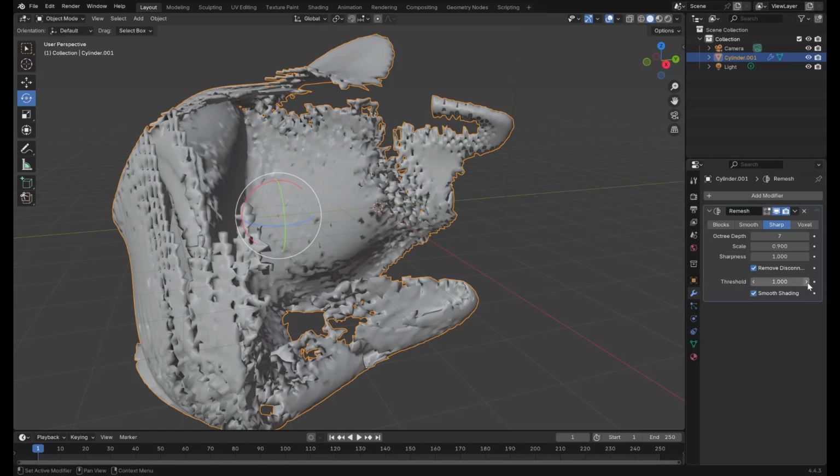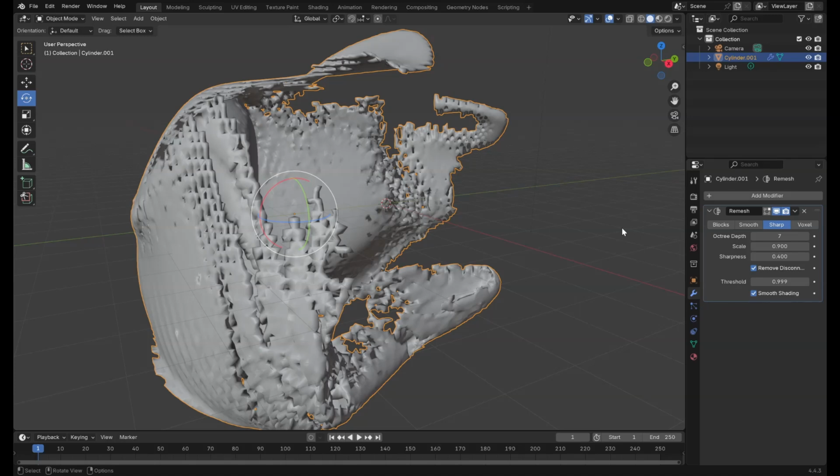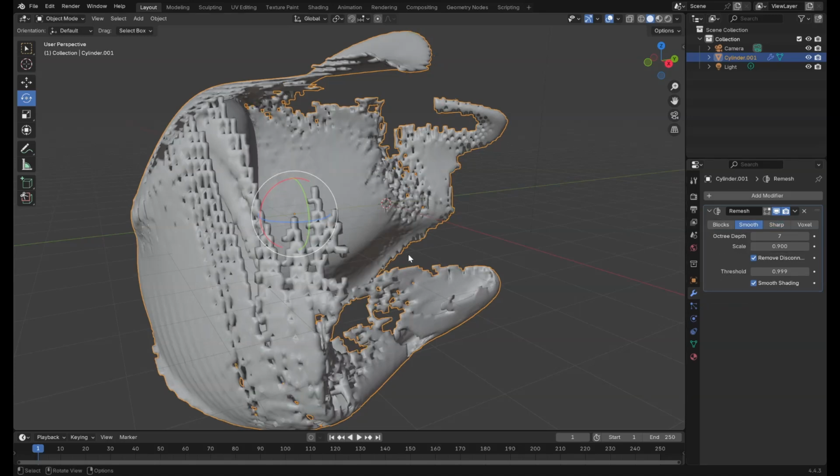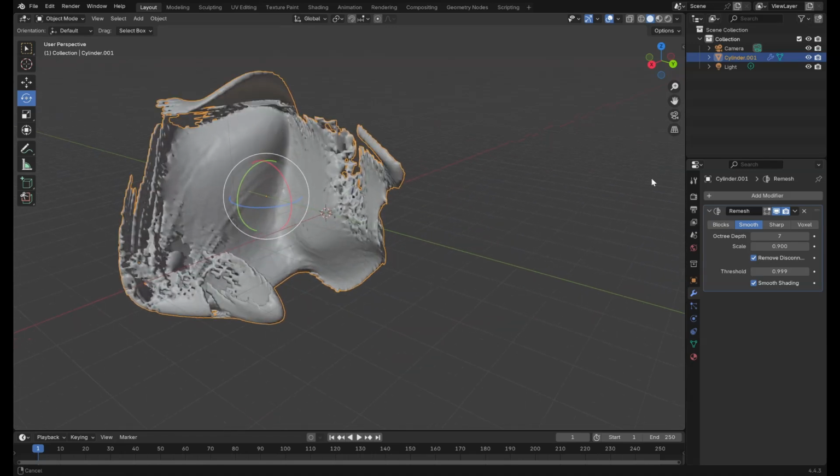Change this to, oh, it's as high as it goes. Okay. Sharpness. We're going to turn this way down. Let's go to 0.4. Yeah, okay, I might have messed this one up permanently, but if you do this with something less